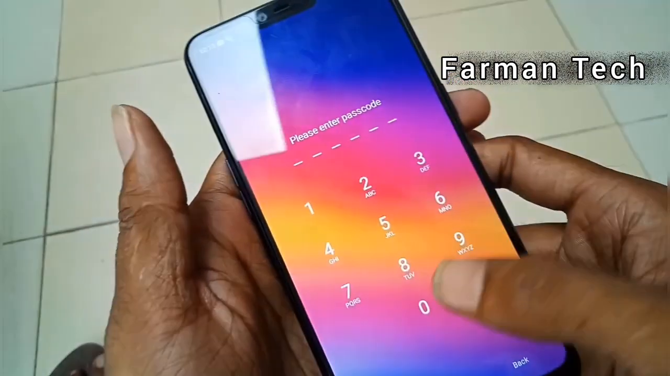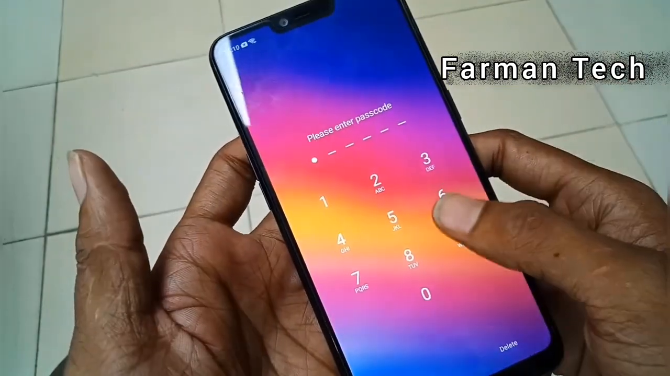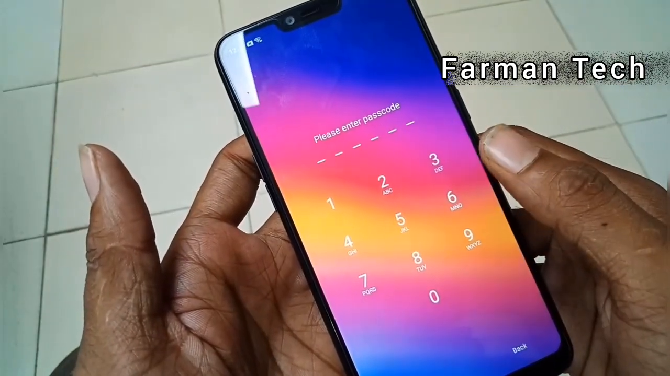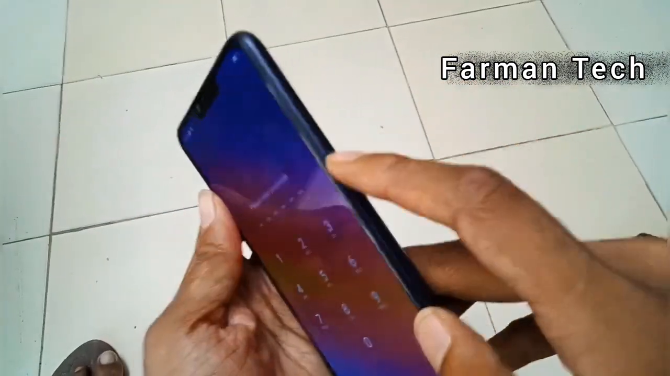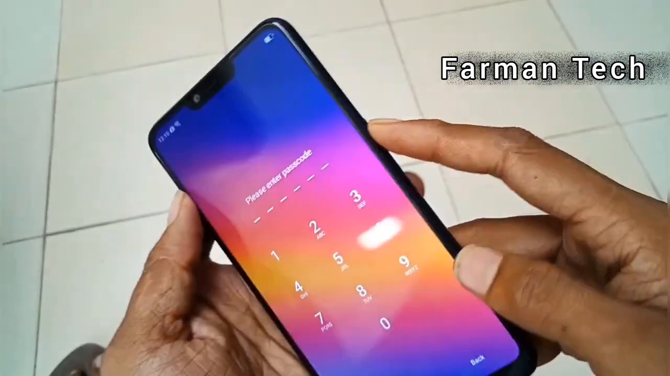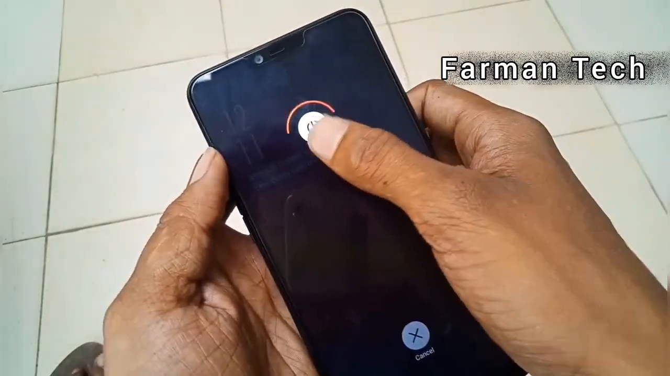In this video I will tell you how to remove the password on an A3s Oppo mobile. You can see here the password. I tried to remove it but it is not working. So now you have to power off your mobile: click on the power button and then swipe the icon to power